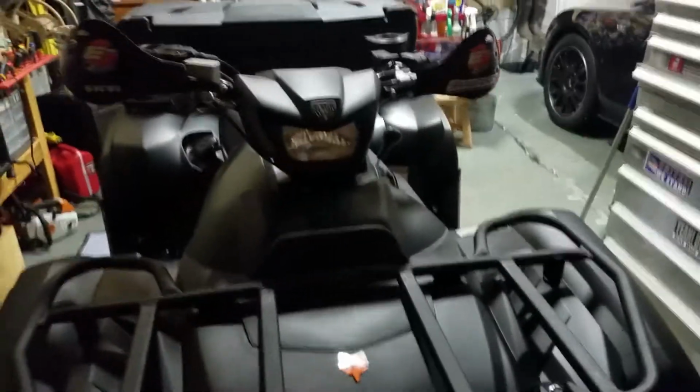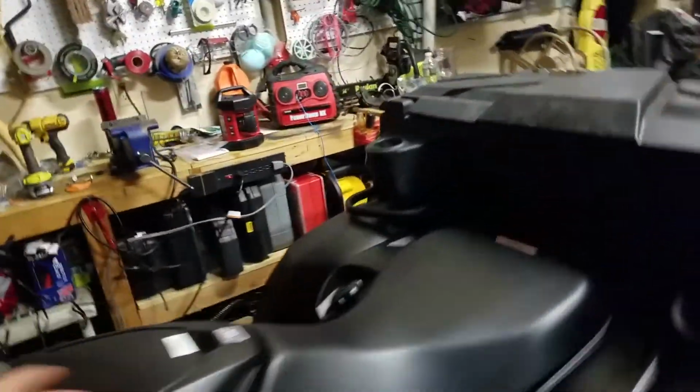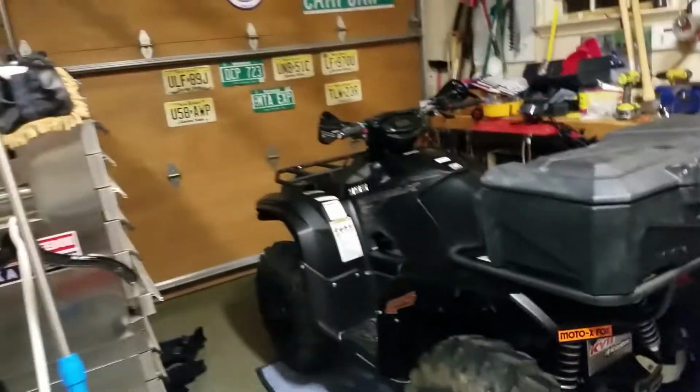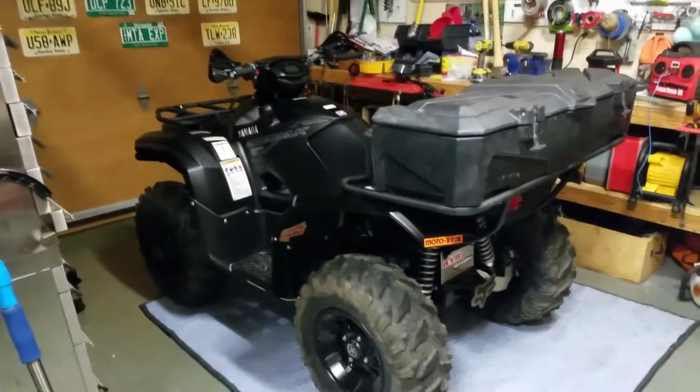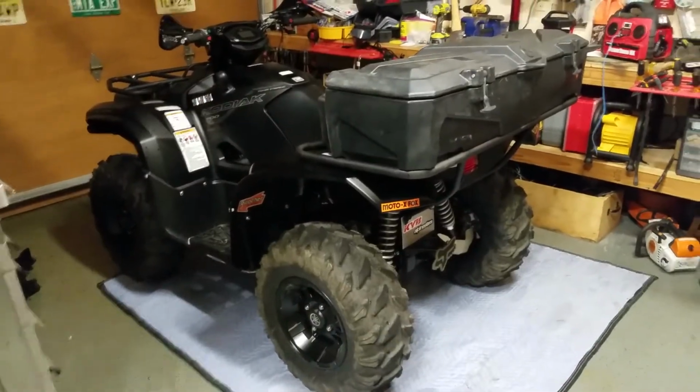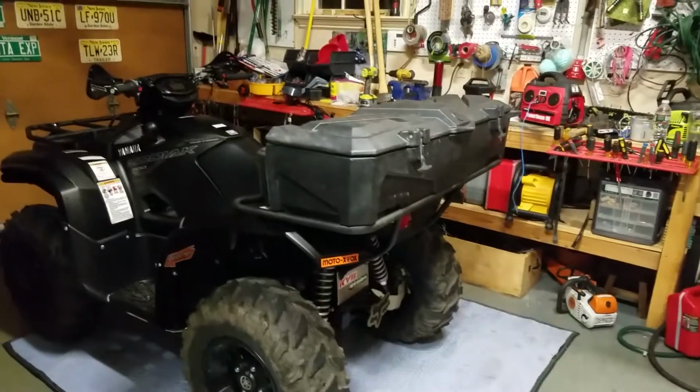And the transmission's butter smooth. Shifts real nice. Power is great, same as my other one. The other one I had an EPI clutch kit in it, so I definitely noticed a little bit of a different type of power versus EPI, because now this is stock clutches. But I've already thrown a lot of my aftermarket parts that I had on my other one